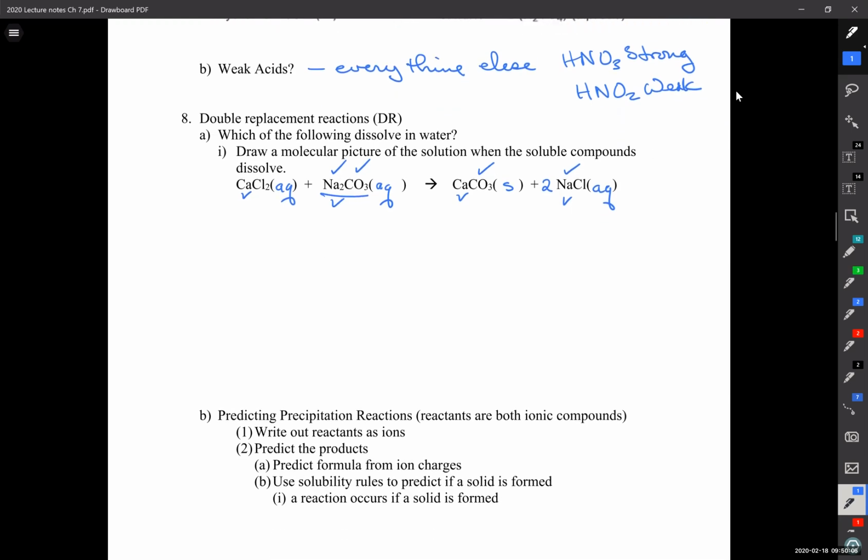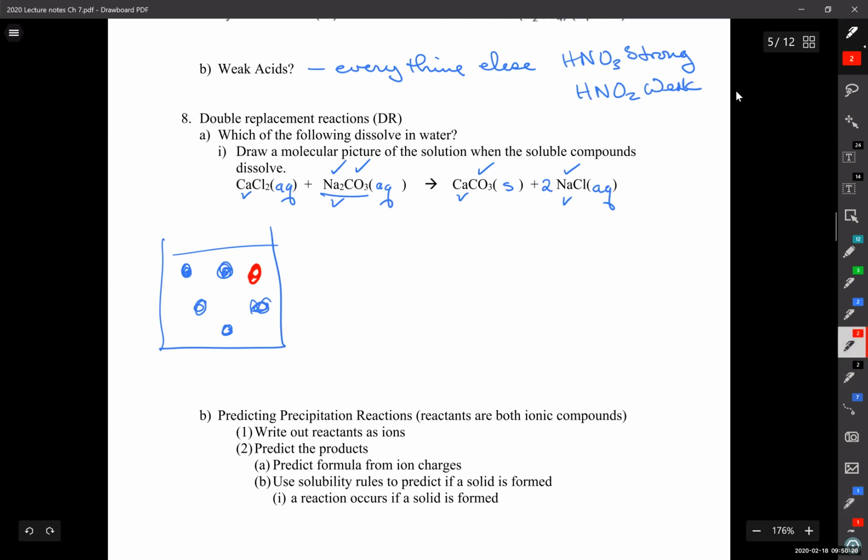So kind of think of this. What I just did was this. I had calcium ions and chloride ions in one solution. So this is my chloride. That's my calcium. So that's Ca2 plus, and then Cl minus, like that. So those are floating around in the solution. In the other solution,